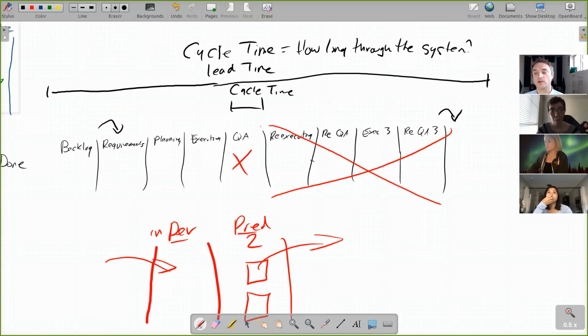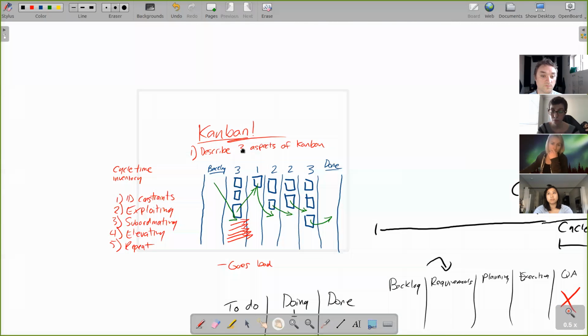The overall goal of Kanban is maximize flow as measured by lead time and cycle time. Visualize the work, limit work in progress, improve flow through the system, throughput.